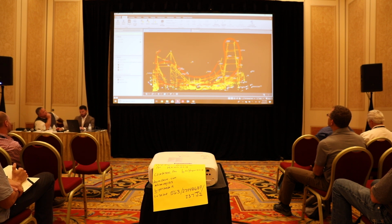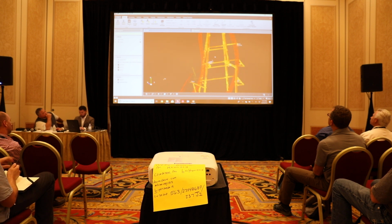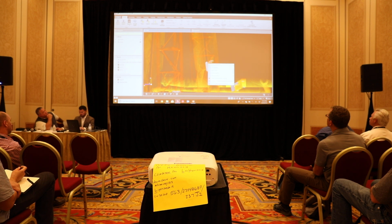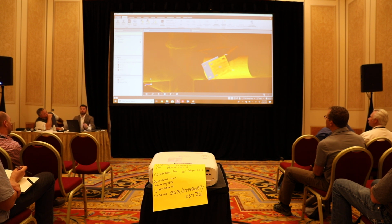You can see the track isn't quite done. Now we have this track piece right here. They were installing this as we were going. And then this next piece was supposed to connect to 49 and 50. So I'll zoom in here on 49. And you can see, well, we're 3-4 inches off. And then down here, this is one that I have a screenshot of. This is 6 inches off. So thankfully we knew that this piece literally arrived while I was there and we were scanning it. And we were able to go up there like, hey guys, this isn't going to go together. So we were able to correct it on the ground, put it up, and we didn't have any surprises,